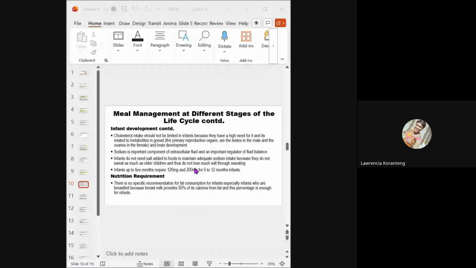Although zinc is present in whole grains, it is poorly absorbed, whereas animal products generally contain a good amount of absorbable zinc. So if you want to give zinc, we are saying that